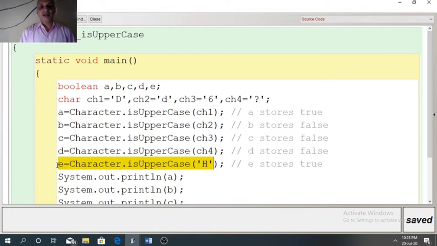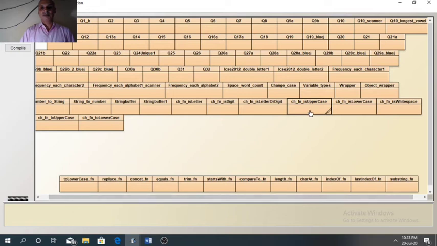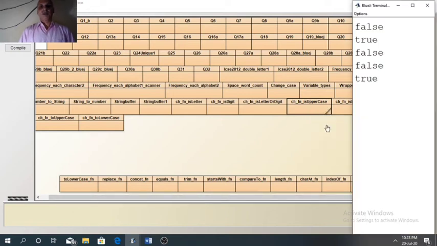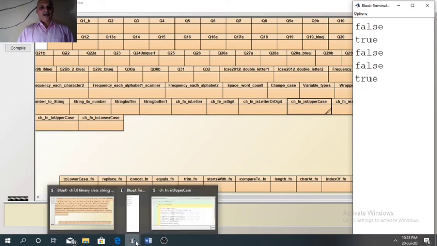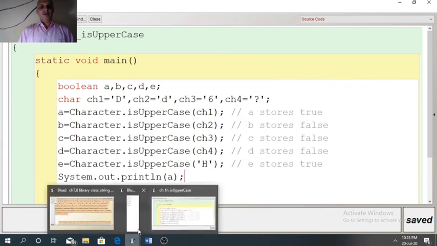Capital H is entered in the argument, so that is also an uppercase letter. So the first one and the last one is true here, others are false. Let us see the result. So you can verify the result with the code.